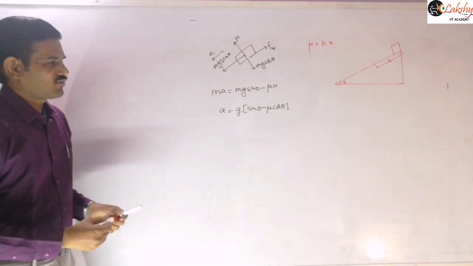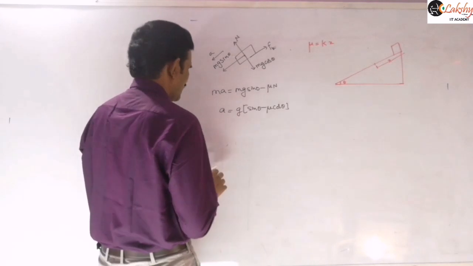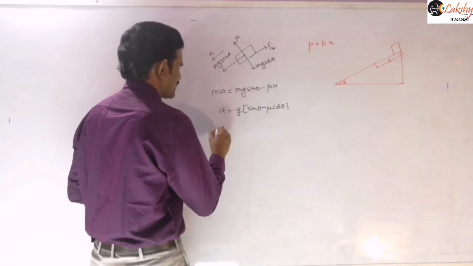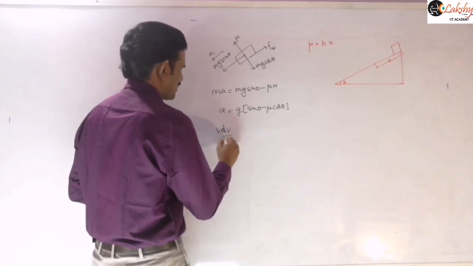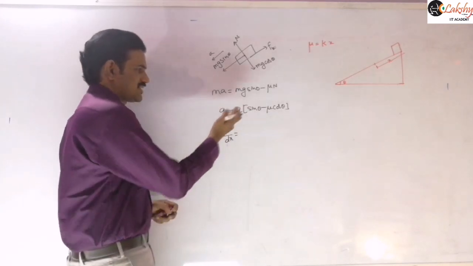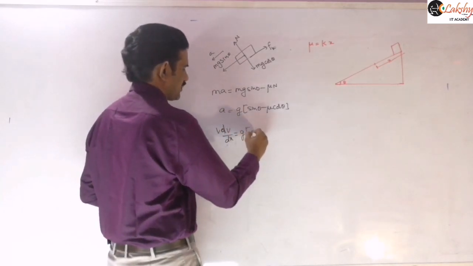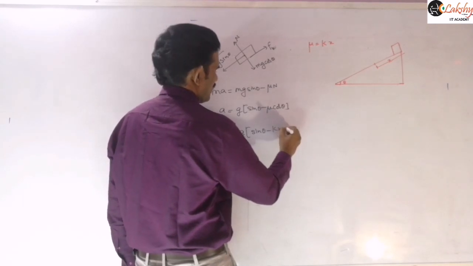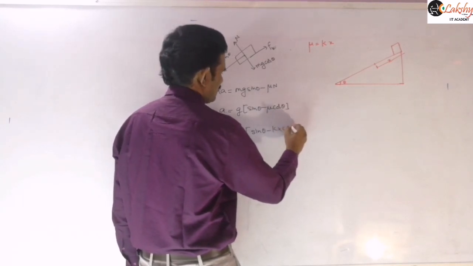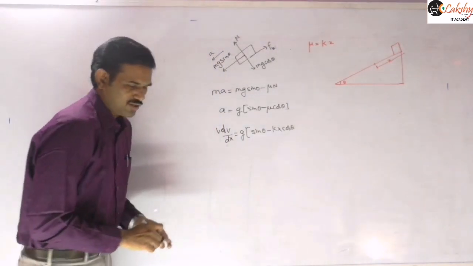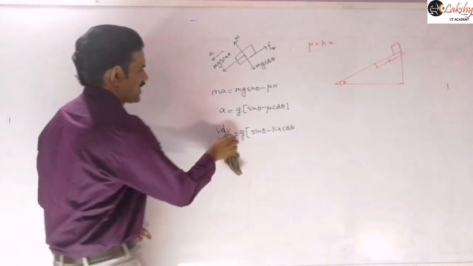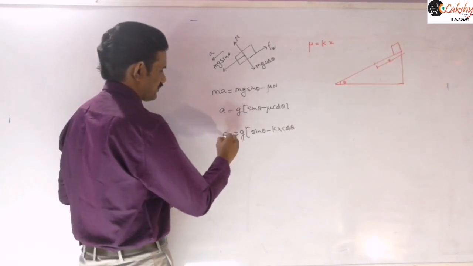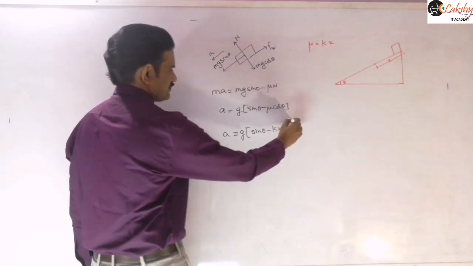Now let us substitute that a, with that mu value also. I can write this as v into dv by dx, because it is a function of x that we are getting here. So sin theta minus kx into cos theta. First you may also find the distance where that velocity becomes maximum. So let us keep this value, then I will write one expression here. So this is the expression there, right?